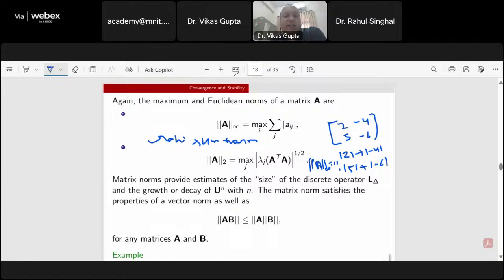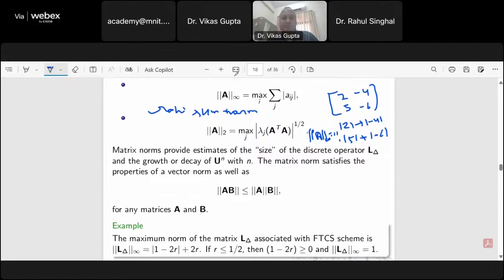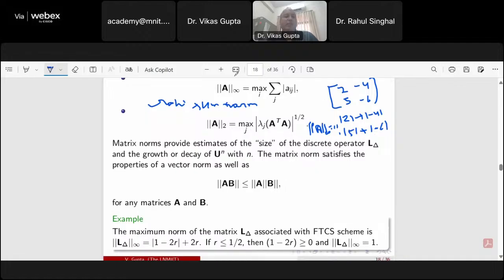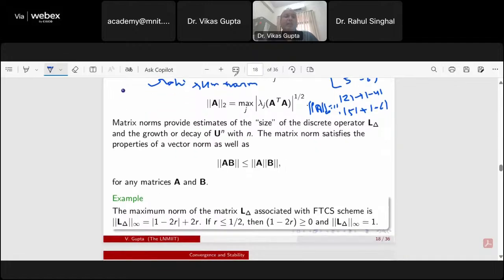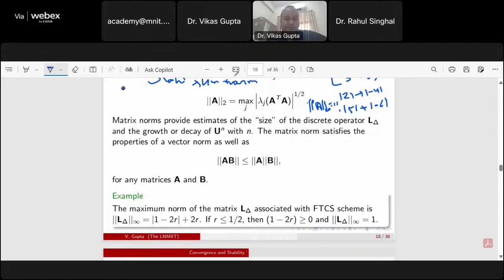As I already discussed, the matrix norm provides an estimate of the size of the discrete operator L delta and the growth or decay of Un. The matrix norm satisfies the property of a vector norm, as well as norm AB less than or equal to norm A times norm B for any matrices A and B. So for example, for the constructed FTCS scheme, matrix L delta is a tridiagonal matrix where